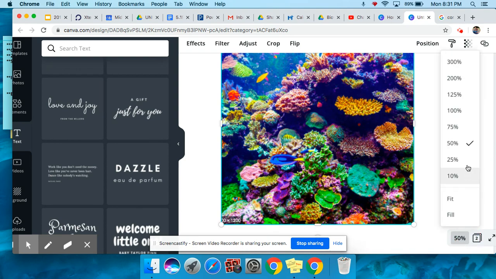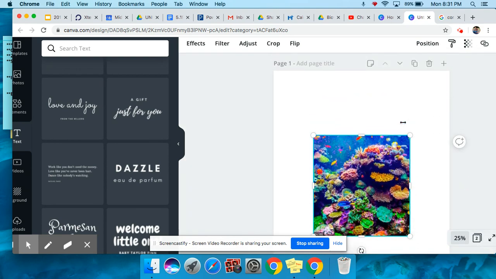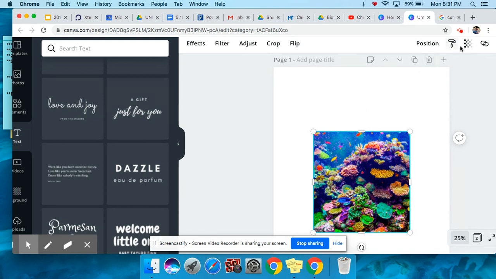I think a lot of kids like to work with the 25%, but you can make it bigger if you want. You have to play with some of these things, like you can crop stuff, adjust, filter effects, flip. There's a lot of cool things you can do with it. If you're into design too, it's kind of a neat website to use. You can even plan out a house. Like if you had a picture of a wall and you want to figure out how to design it, you could go to the internet and find pictures off Home Depot or different websites you like, and take those pictures and design the wall before you even buy the stuff. So it's just an idea for